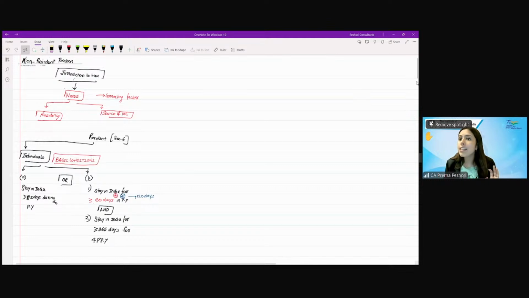So one is the residence and second one is the source. Now we are moving towards the source, meaning now we will be talking more about the non-residents. We have touched upon the residents. Who are the residents? For the residents, the global income is taxable, except in the case of,